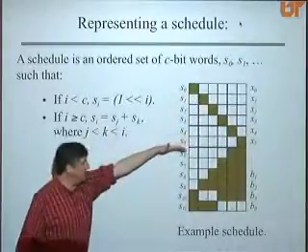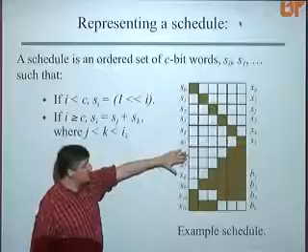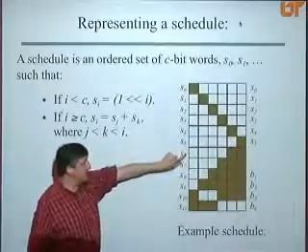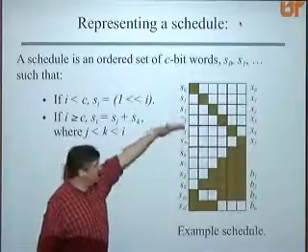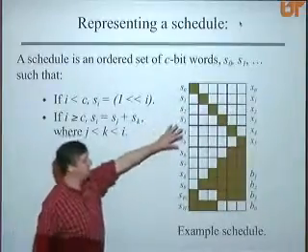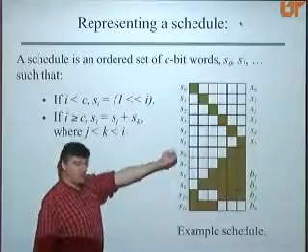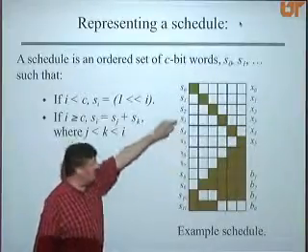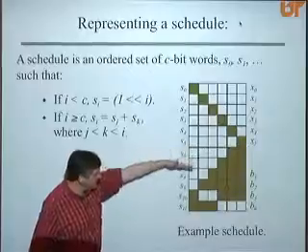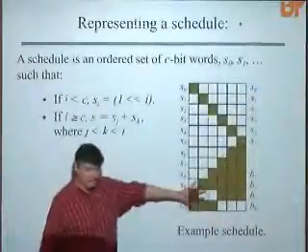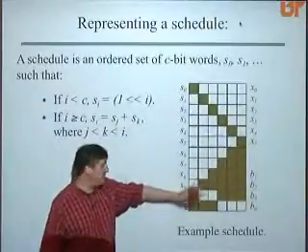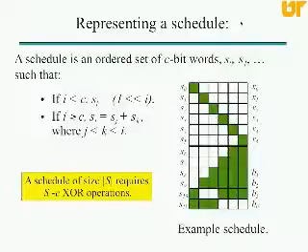After the Cth row, every subsequent row has to be the sum of 2 rows before it. That way, it's clear that if you define a schedule in this way, I don't tell you how to do the XORs, but it's clear that you can do the XORs, and that each one of these is going to represent an XOR operation. And what I want to do is end up with my coding product bits in any order. So the size of the schedule shows how many XOR operations there are.